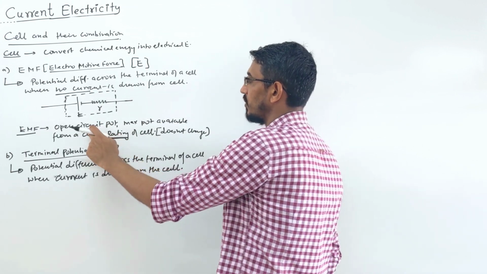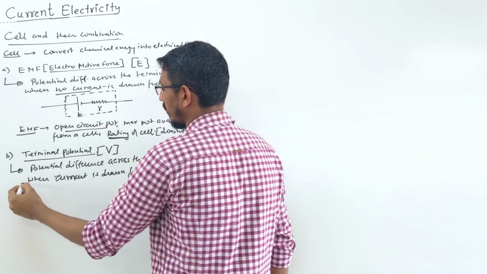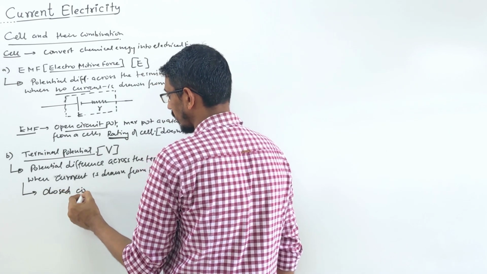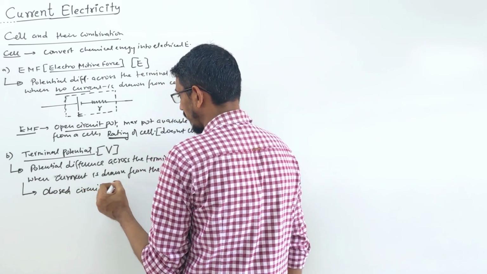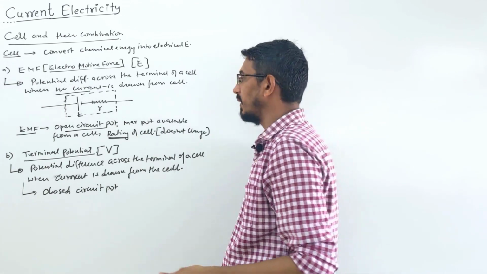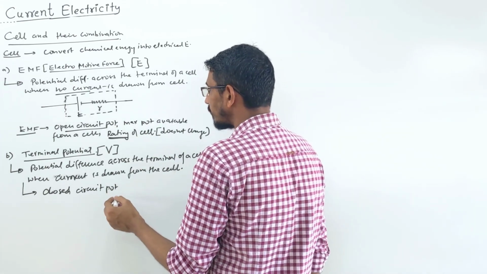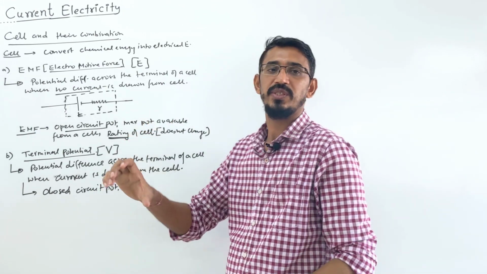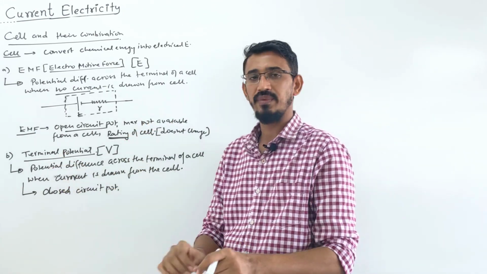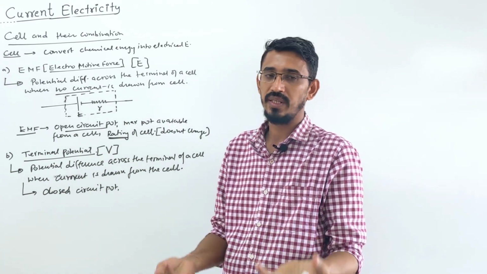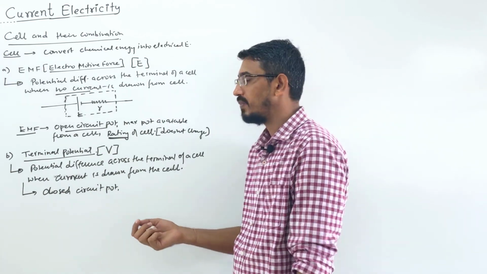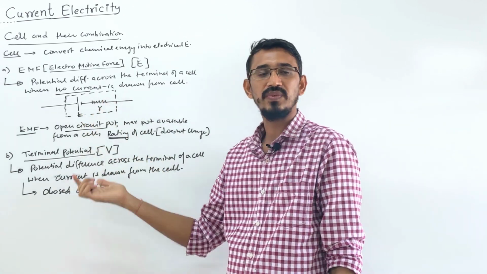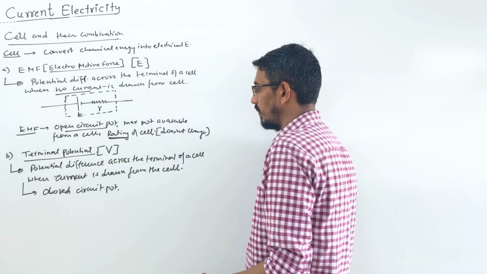So like here, this you call open circuit potential, so this you can call closed circuit potential, right? Yes, when circuit is closed, current is flowing. Listen carefully. So EMF will never change, but this terminal potential that we really get when we are drawing the current will change, decrease with time. Because with time, when you are consuming current or power from the battery, this internal resistance will keep increasing, right? So with time what happens?